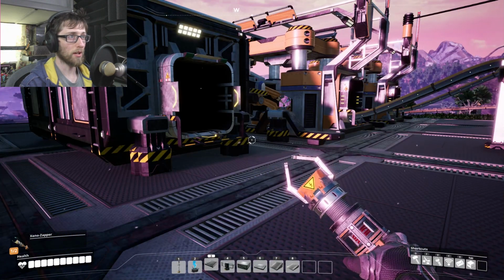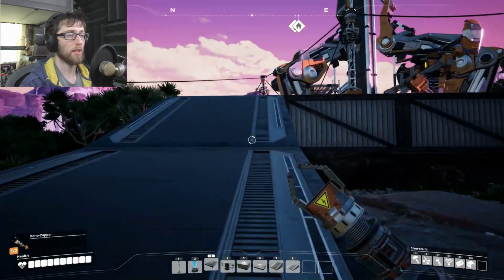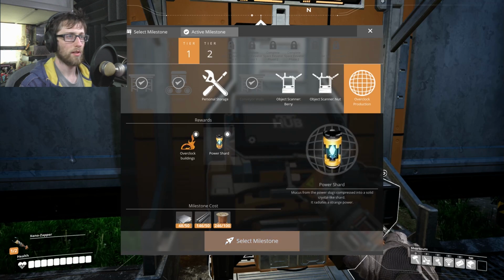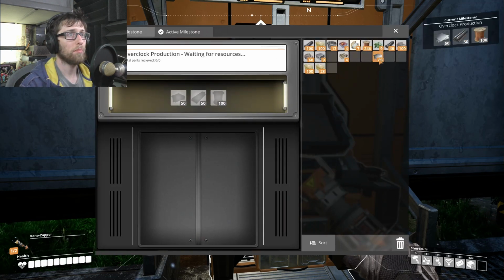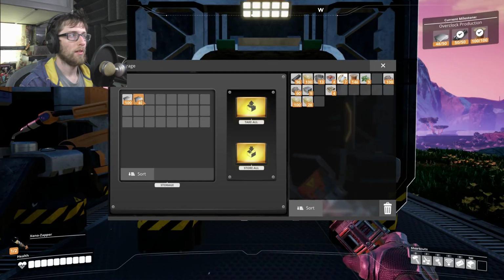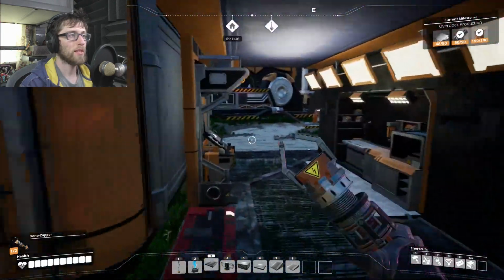Okay, so power is now completely gone. So we're completely out of power. And that's not good. There has to be something in the hub that will help me get to a better power situation. That power shard might actually be it. Let's try this. So I need plates, wire, and rods. I'll get some more plates here to send this out. That might be what we need there. So if that's the case, I can go find power slugs and improve my...